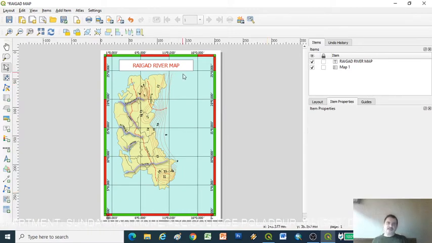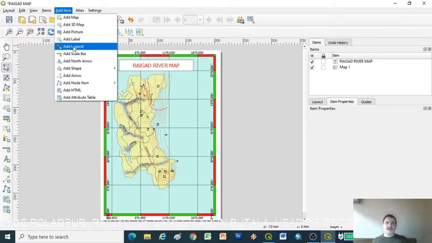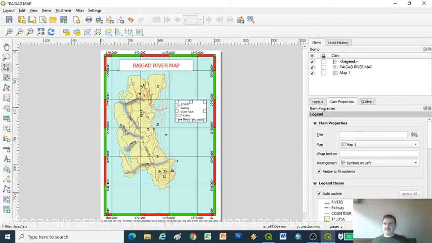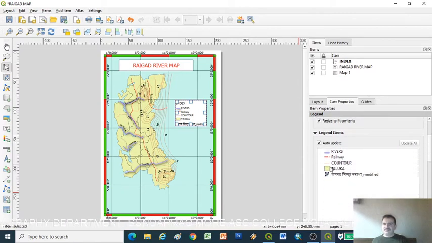So we create another property. Go to the add menu, add the legend. So drag here, and now the legend comes out. These are the legend properties. We give the legend title, that is Index. Then these are the legend properties.